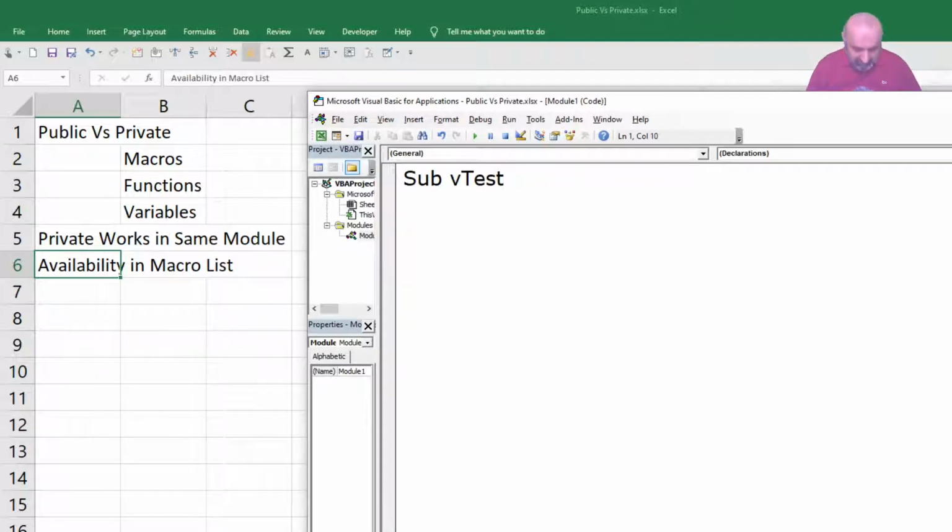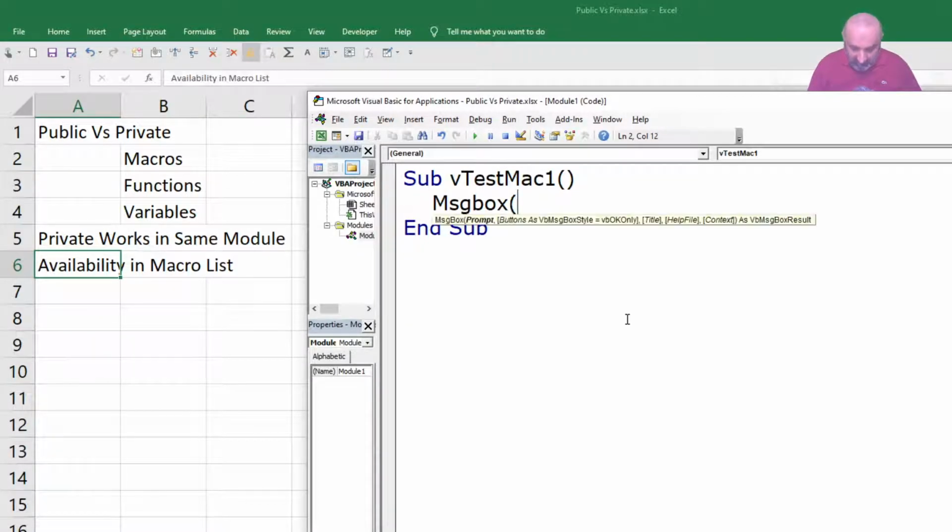Okay, so first let's create a macro, sub test mac1. The name is test mac1, and let's say msg box, test message.